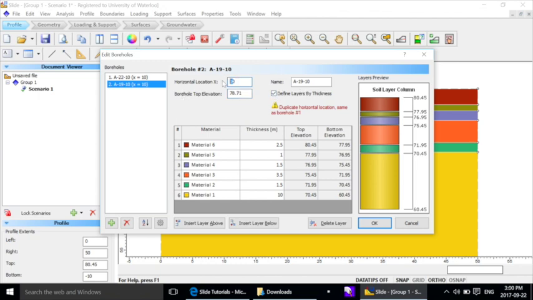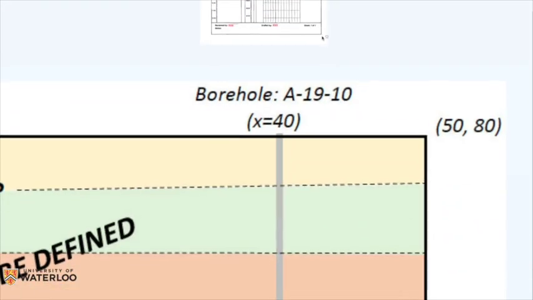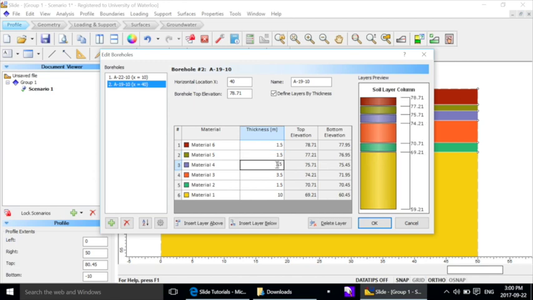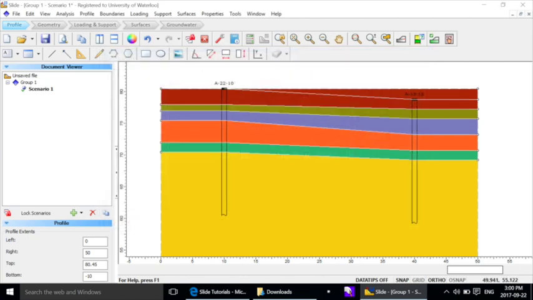And the horizontal location for this second borehole is 40 meters. Okay? And let's change something here, for example, 1.5, 1.5, 2.5, 2.5. Let's do this. Okay? So now you see the layers are not horizontal, and that is the real condition. Okay? So that is the profile, and we have now the geometry